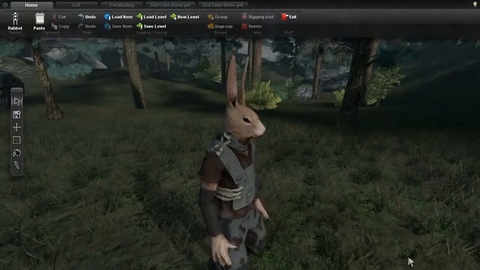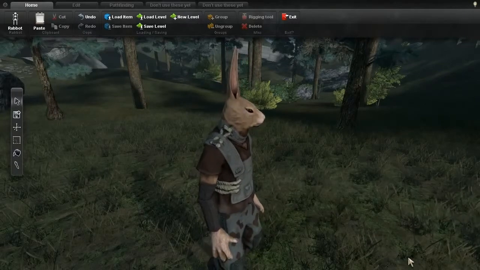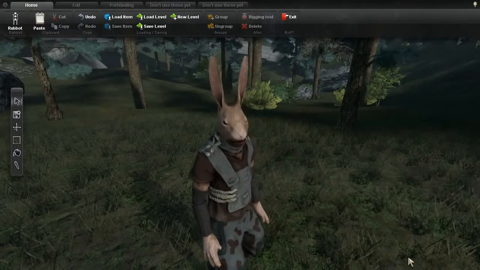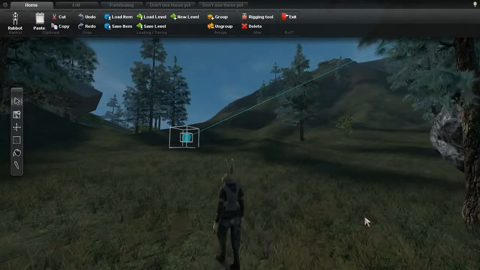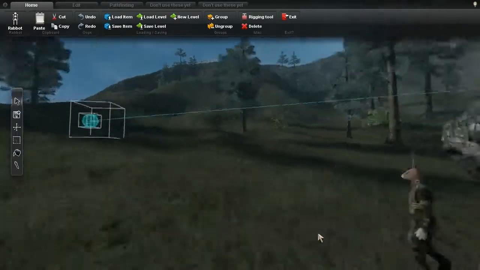Another new feature is random head looking. When AI-controlled characters are idle or patrolling, they just look around randomly. This is a pretty simple feature, but I think it makes them look a lot more alive and aware of